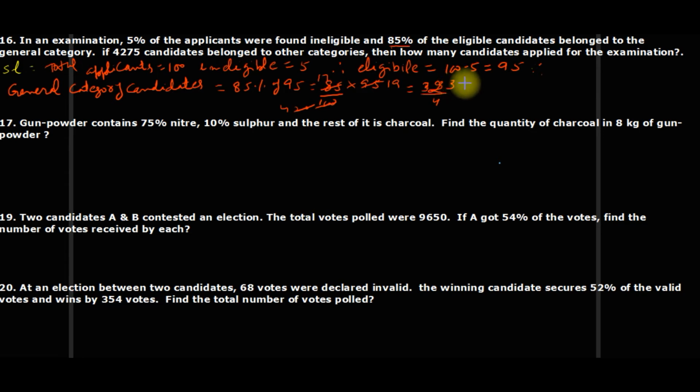So these are general category candidates. These are eligible candidates, these are general category candidates. If we subtract this from this, we will get